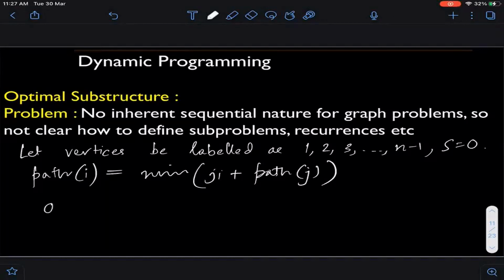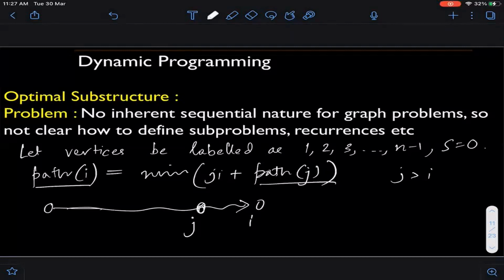So suppose this is the path to I. ठीक है? Now the problem is maybe I'm looking at this last edge, which is j. ठीक है? तो मान लीजिए j is actually bigger than I. Okay? तो आपने effectively क्या किया? Well, you started with a subproblem at path I, but then when you wrote the recurrence, you are actually referring to a larger indexed subproblem. ये हो सकता है? I mean, J could be, for example, I plus 2, right? And that's a problem. Do you see the issue?